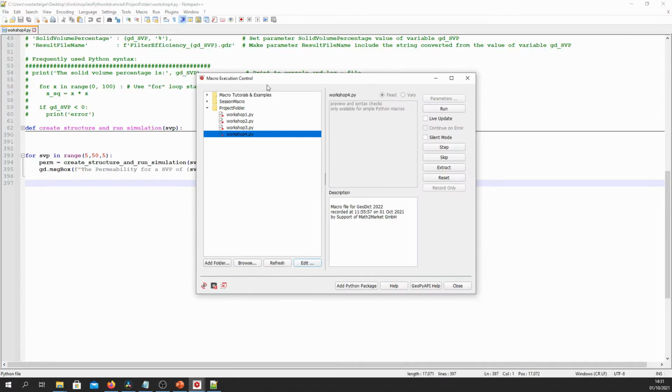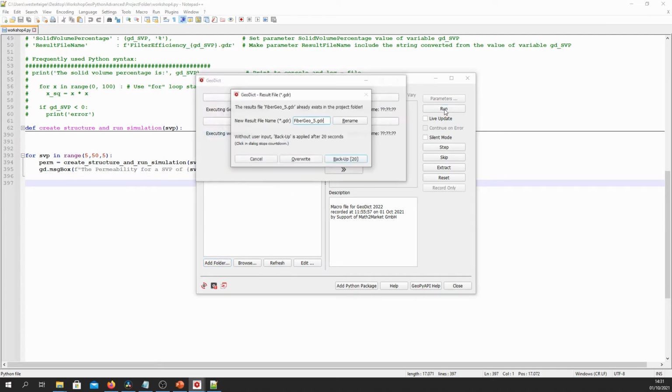If necessary, open the macro execution dialog again by going to macro, execute macro script, unfold the project folder, possibly hit refresh until you see workshop4.py, select it, and click run. If at any time you're prompted to overwrite, just click overwrite.